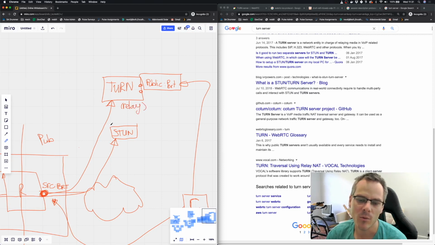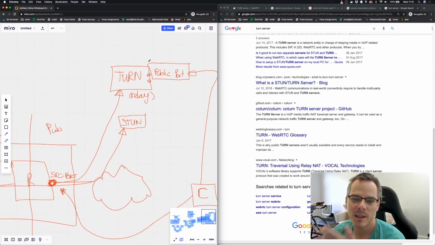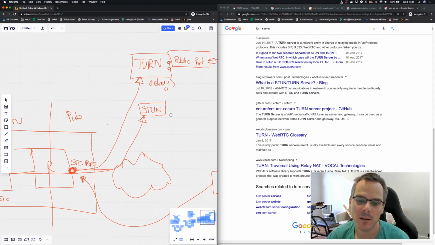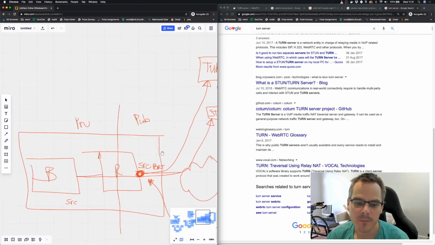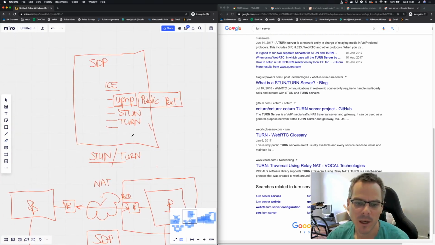The traffic will be relayed through it. It's not really processed by the TURN server, so that TURN server can be pretty dumb. It doesn't need to do anything with the traffic. It's simply relaying in order to defeat the NAT problem, if that makes sense. And of course, from an ICE perspective,